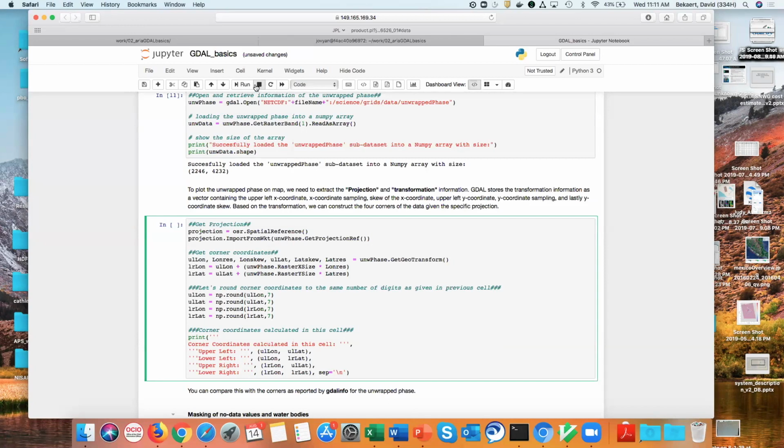And that's what we will do in this cell over here. So we retrieve the projection. I don't think you need to do this. This is just for ourselves to debug. But you can retrieve the unwrapped phase, the geotransform. And the geotransform is this long, delta long, is the lat, delta lat, and this Q is generally 0 for